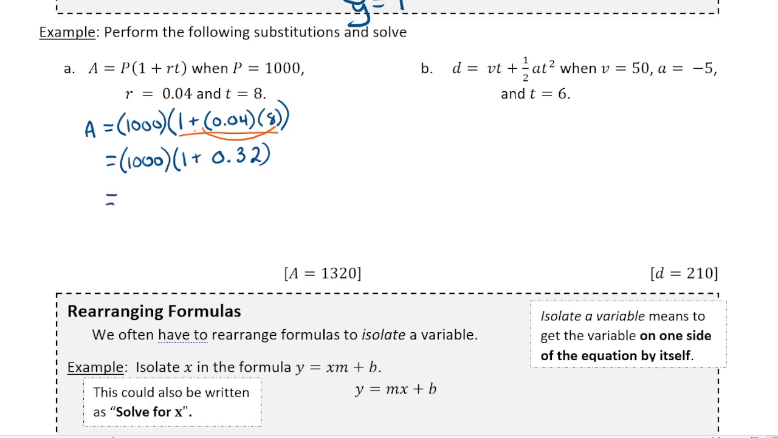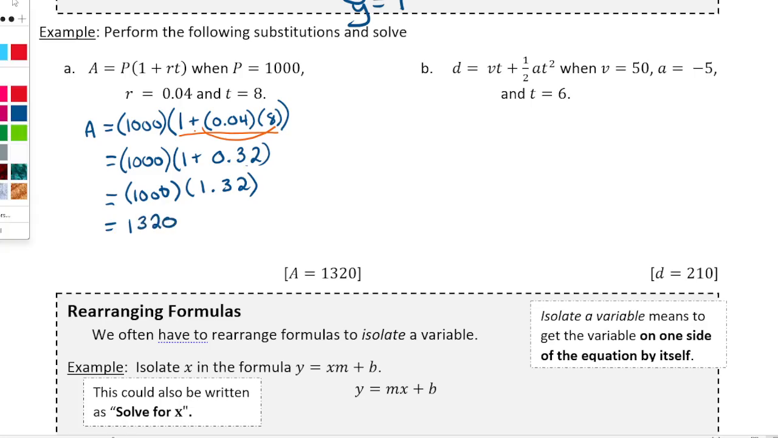And then the next one, well, we have to do the brackets again. This bracket, there's nothing going on. The second one, I have addition, so I can clear that up. 1000 times 1.32. And then we'll just grab our calculator and figure that value out. So this one's an easy one. It is just 1,320